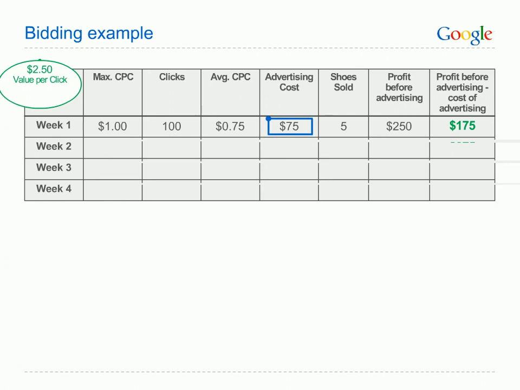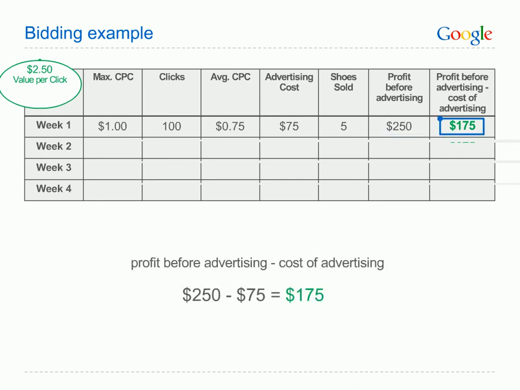After a week, we've received 100 clicks at an average CPC of 75 cents, so our total advertising cost was $75. These 100 clicks resulted in the sale of 5 shoes, equaling $250 in profit before advertising. When we subtract the cost of advertising, $75, from the profit before advertising, $250, we get a profit after advertising of